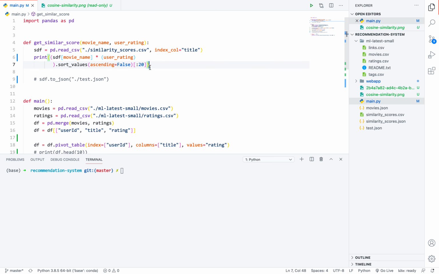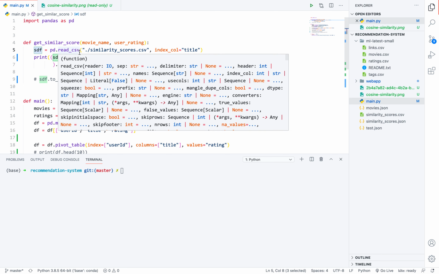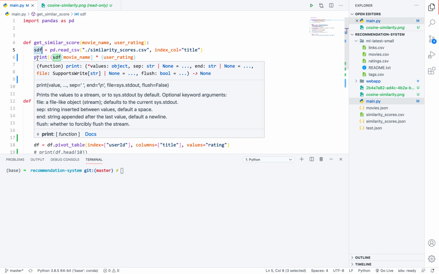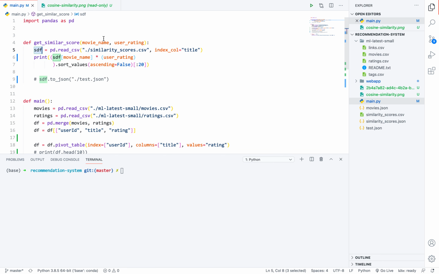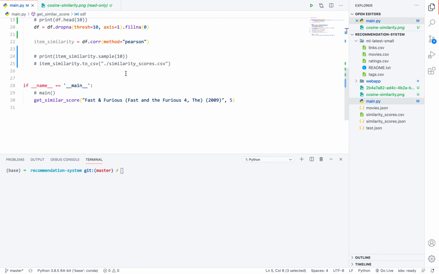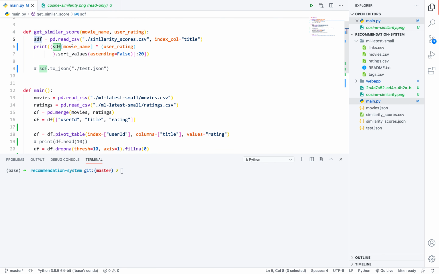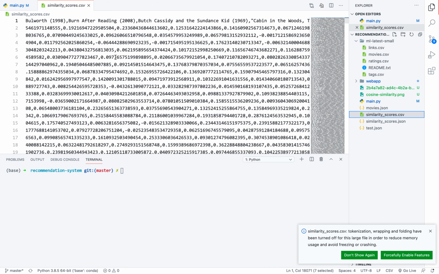So basically here I am reading this file and I am saying that the row index is a title. So I am just extracting the rows of this movie. For example, here I am passing Fast and Furious. I am just extracting the row of the Fast and Furious movie, and I am multiplying with user rating, because the data is standardized data.